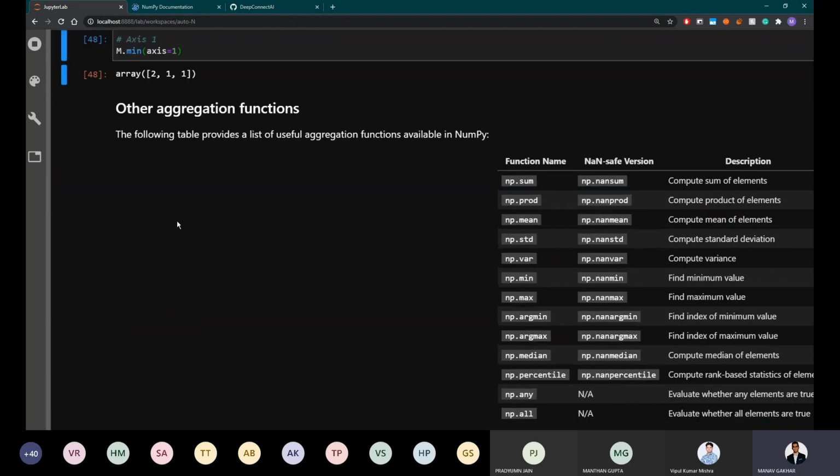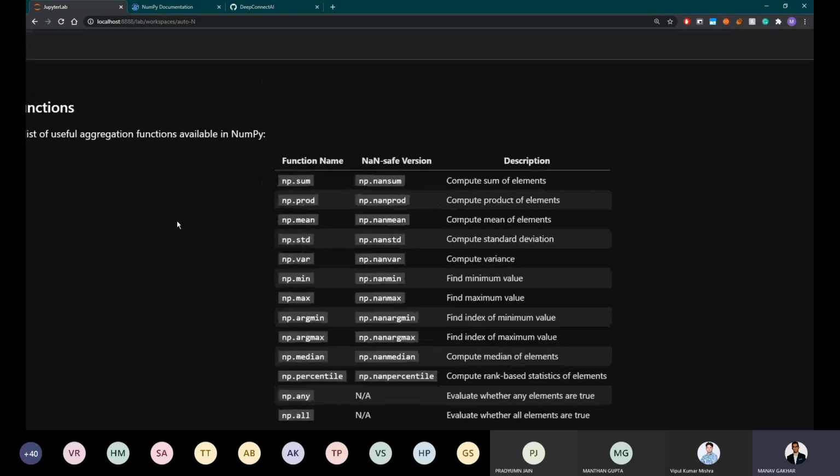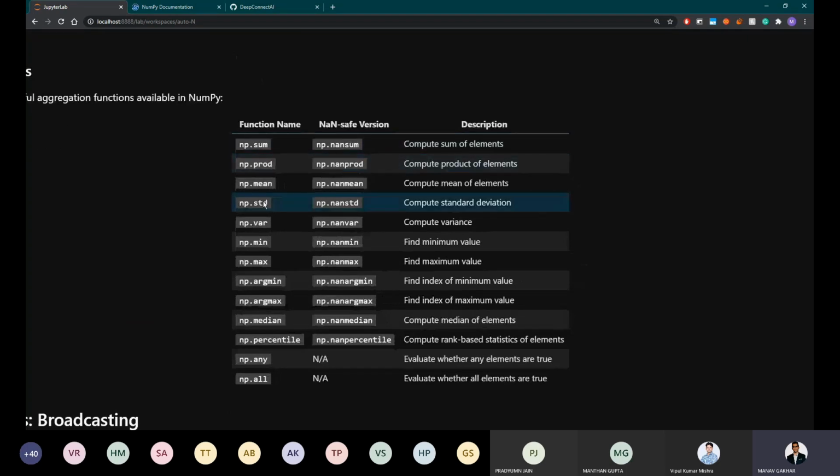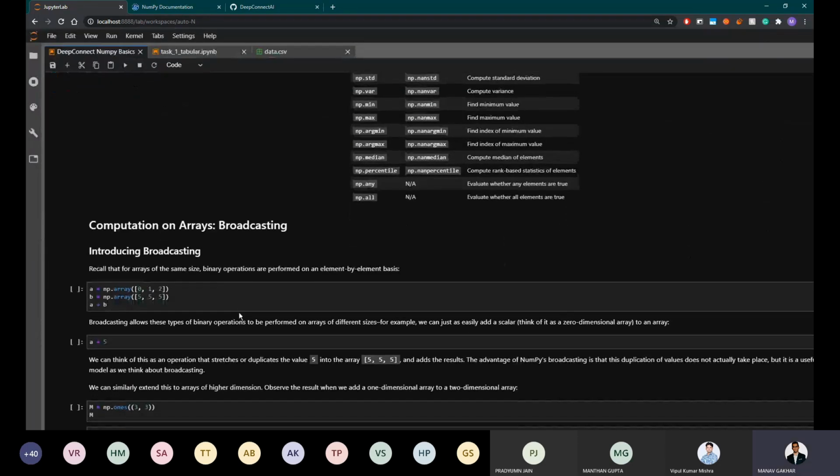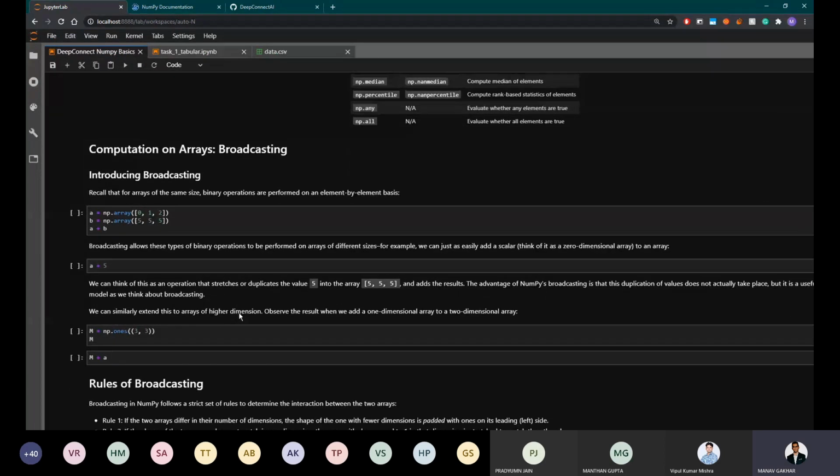So perfect. Now these are some functions that you might be using, like sum, product, mean, standard deviation, and so on. These are usually used in statistical analysis, like we'll be using them further. Argmin and argmax are surprisingly used a lot, and the rest of them are not used as much. Now I think we're coming to the end of NumPy, the basics at least.